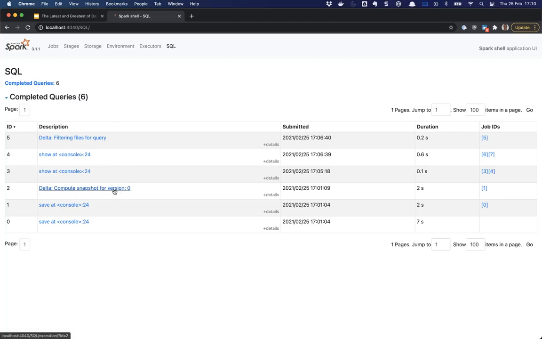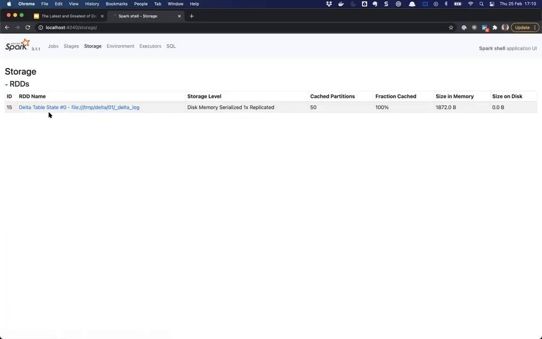And just to prove my point that it's cached data lake table by RDD cache or data frame cache, you may switch to storage and see this delta table version here as RDD name, delta table state #0. This is the version, and this is the location of your delta table. Everything is cached, so nice. Size in memory, okay. So it's ready, one replicated, disk memory serialized. This is the default storage